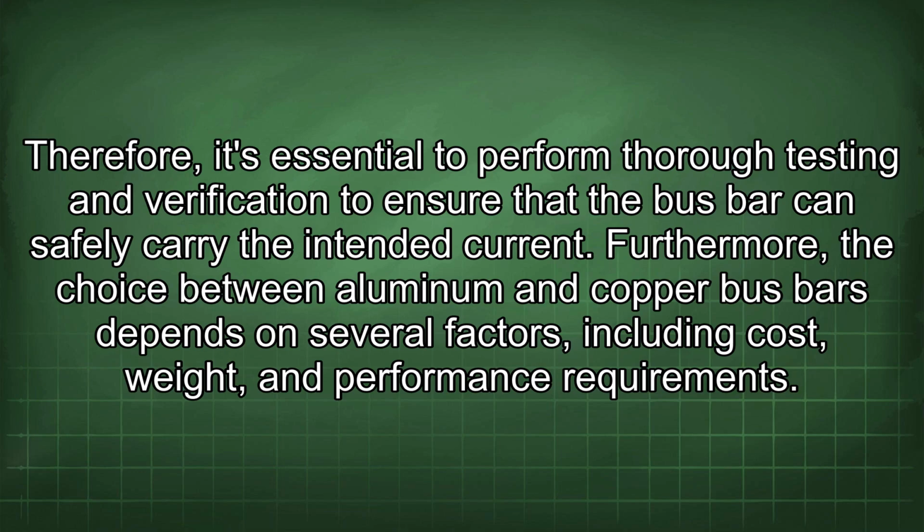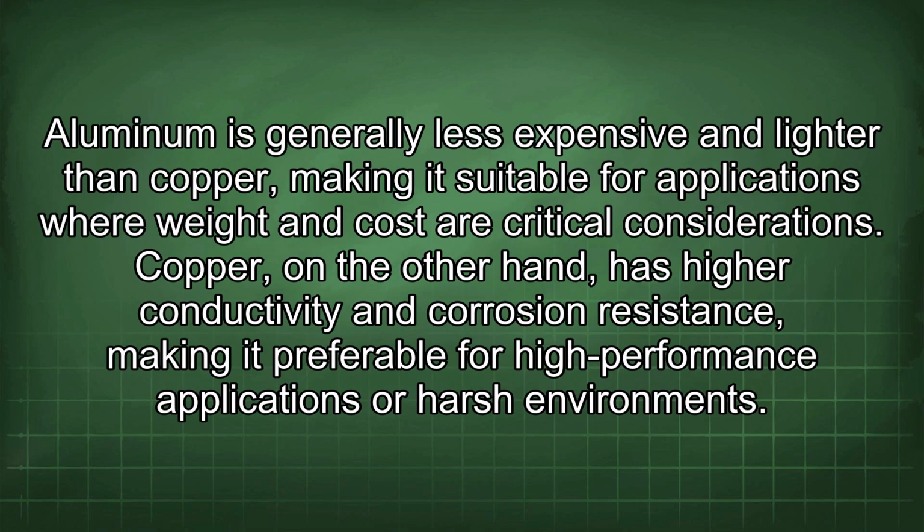Furthermore, the choice between aluminum and copper bus bars depends on several factors, including cost, weight, and performance requirements. Aluminum is generally less expensive and lighter than copper, making it suitable for applications where weight and cost are critical considerations. Copper, on the other hand, has higher conductivity and corrosion resistance, making it preferable for high-performance applications or harsh